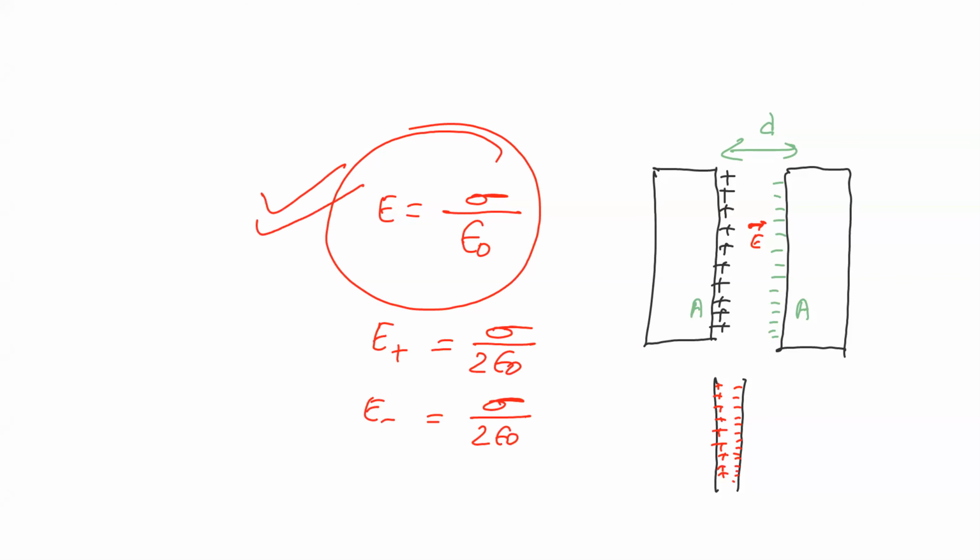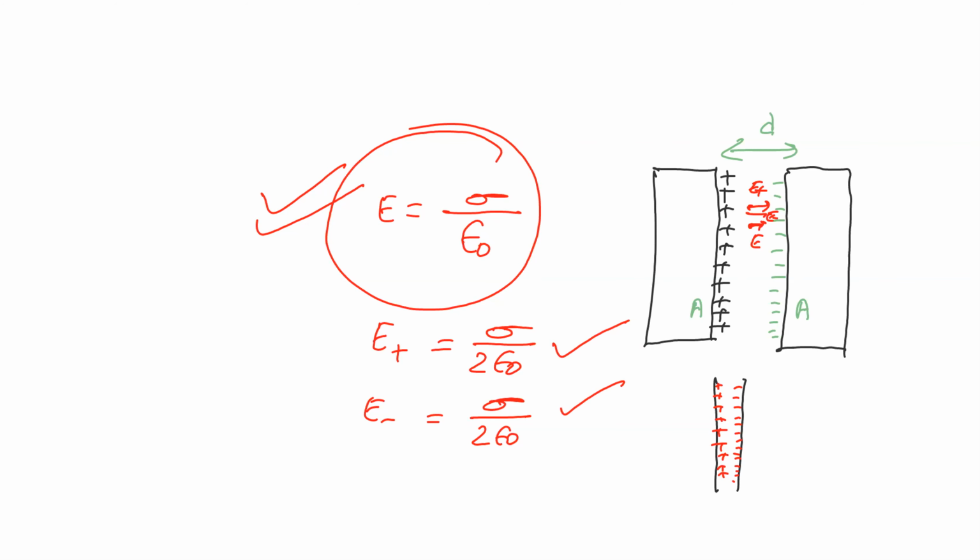And by the way, E positive and E negative both come in the same direction. If anyone has any doubt, just see it. E positive will be this way, and E negative will also be this way. For the positive plate, the field is away from the plate. For the negative plate, the field is towards the plate. Their magnitudes are coming in the same direction by default, so they will be added up.